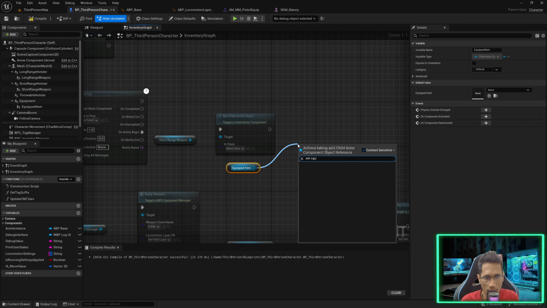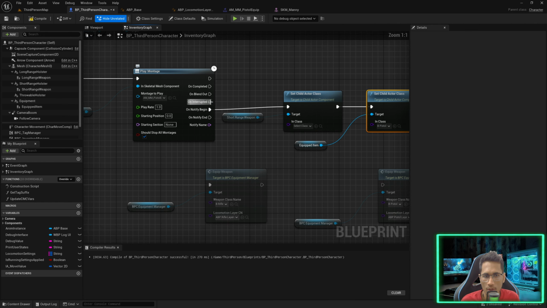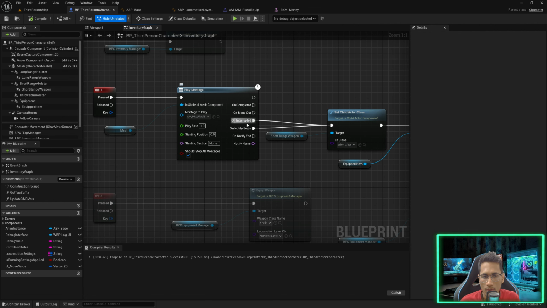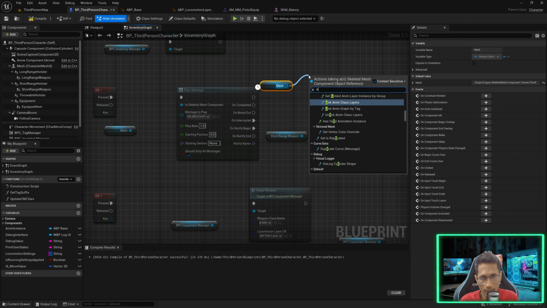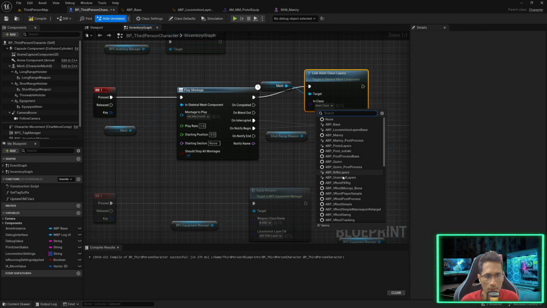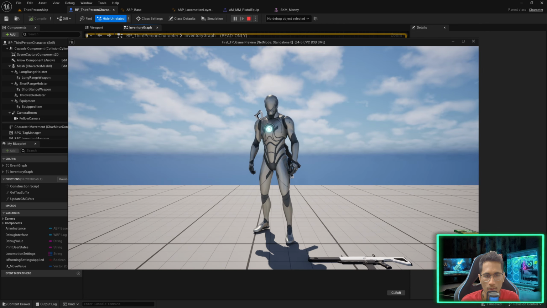So set child actor class to be pistol. Okay, and if you are interrupted, then also we would like to get the weapon in our hand. So right after the montage starts playing, we will link the animation layer, that is the pistol layers. Okay, all right, now if I play again, press 1,